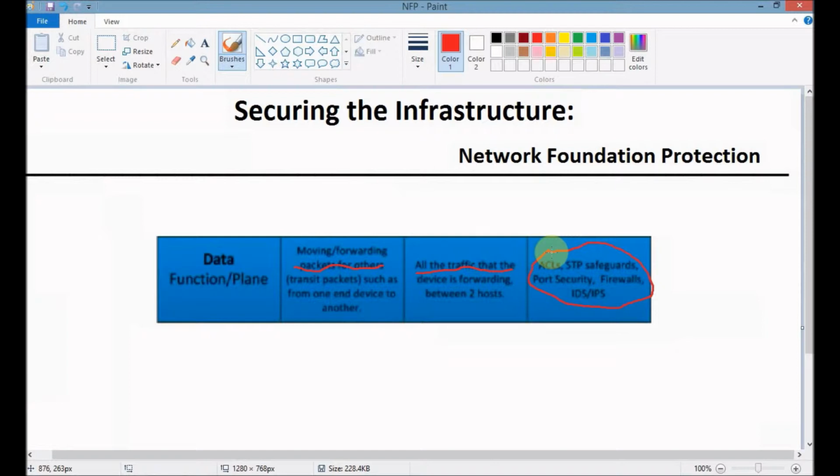We have to put some limitations and restrictions by implementing, for example, ACLs, access control lists, for IP version 4 and IP version 6. Spanning tree protocol safeguards could also be helpful